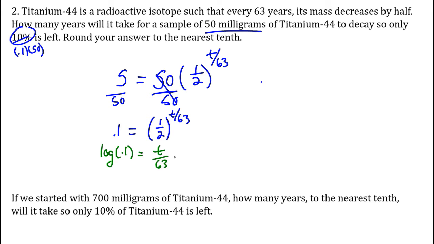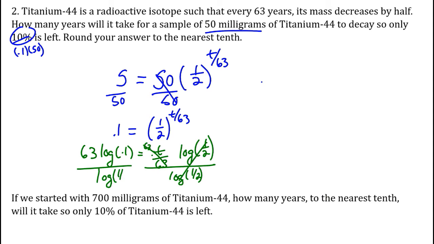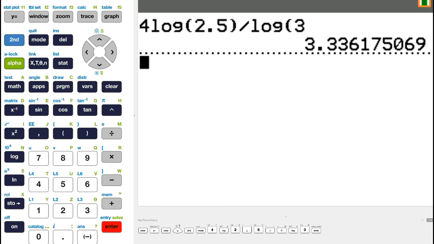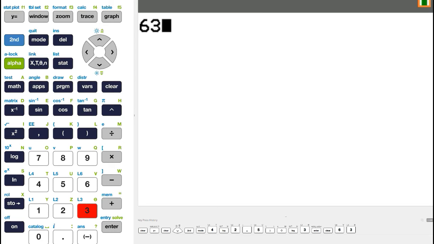I'm going to do that all in one step. I'm going to bring my exponent down. I'm going to multiply by 63. And then divide by log of 1/2, and type that into my calculator. So the time is 63 log of 0.1 over log of 1/2, which is approximately,